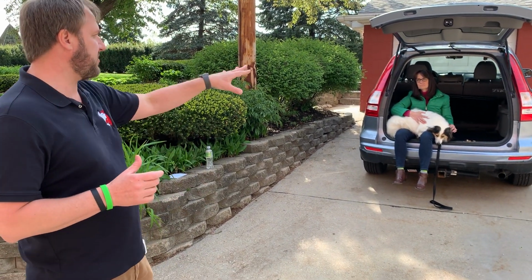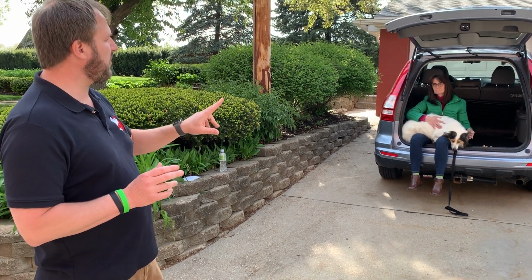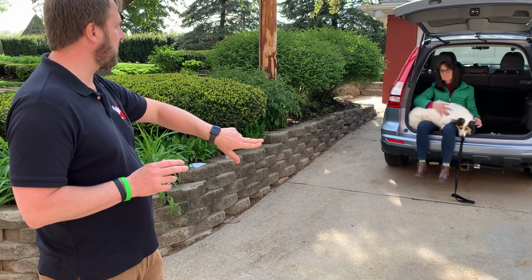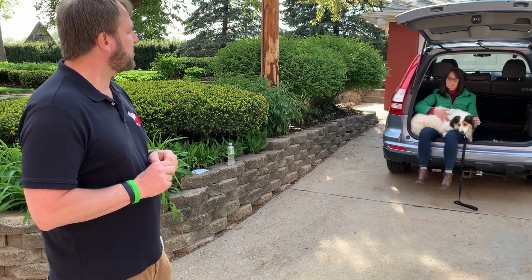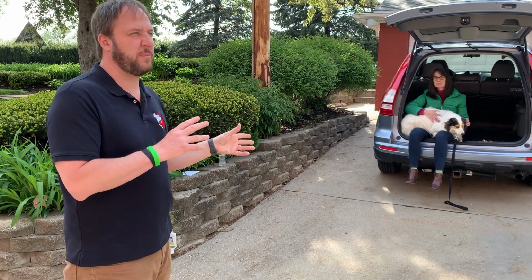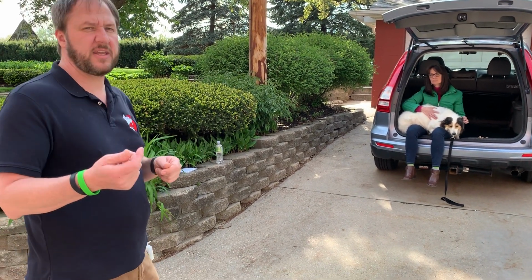So the next stage is you're going to keep on sitting until you can get him to take the treats. Next stage, do you normally want him in the front or in the middle or the back when you're driving? Probably either the middle or the back. Okay. So now we've achieved both the middle and the back. The next stage would be to actually have, maybe while you're sitting with him, somebody get in the car and